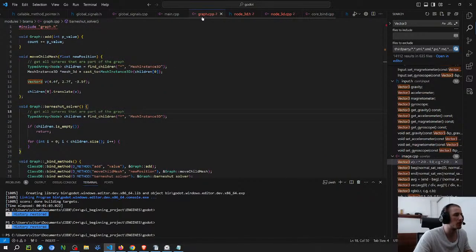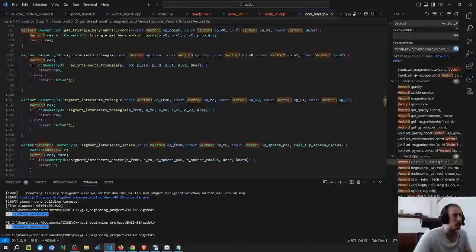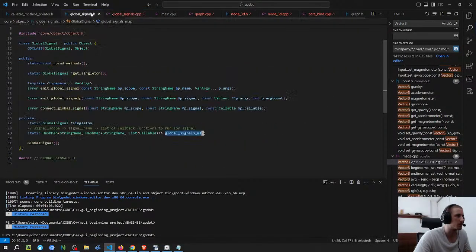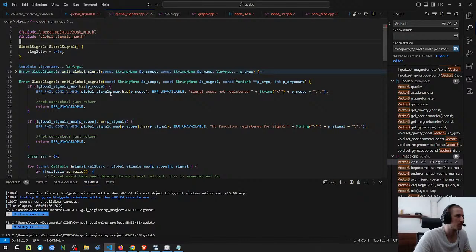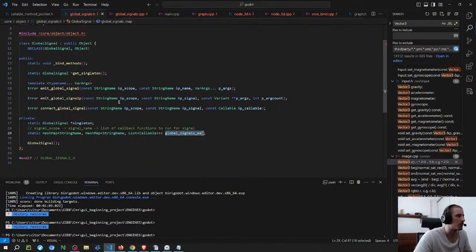This constructor I got from ChatGPT, but it's pretty much the same way that they do on the other ones, which is just initializing the signal variable with this, and then they use the static variable to initialize the thing, and then they use mem_new to allocate memory for the value, which is a static class, which means it's global and it's always gonna be the same value.